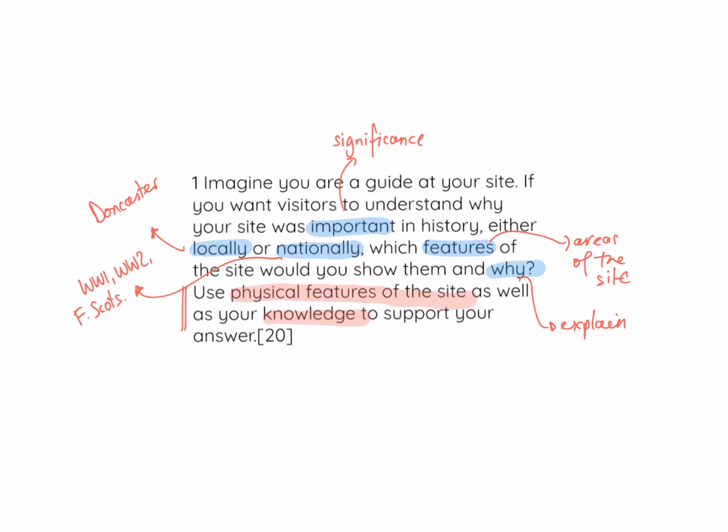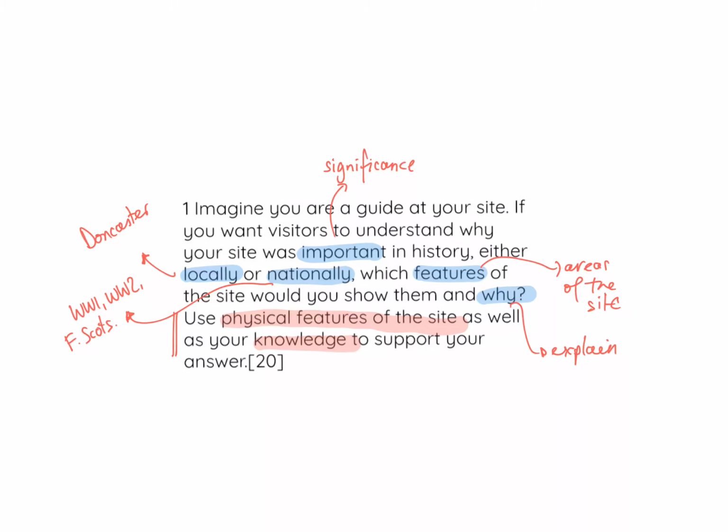So for instance, thinking about connectives like we've explored. So just to recap, I'm going to be thinking about the significance of what happened at the site. I'm not going to think about locally or nationally. I'm not going to do Doncaster, but I am going to focus on the national events, World War I, World War II, and the period surrounding the Flying Scotsman. It's important to highlight again that the features mean the areas of the site, and I'll need to be explaining